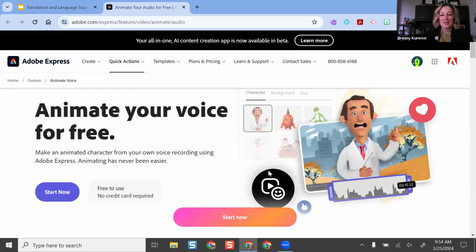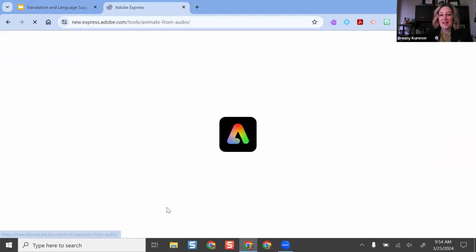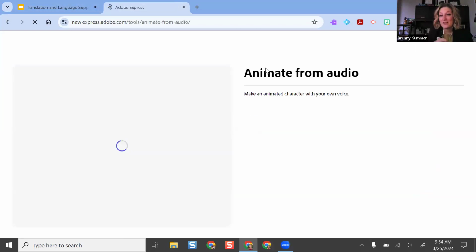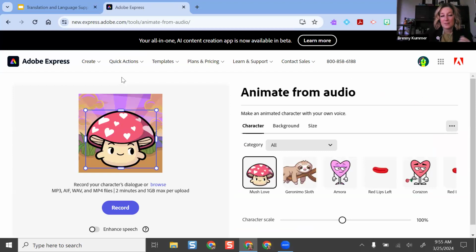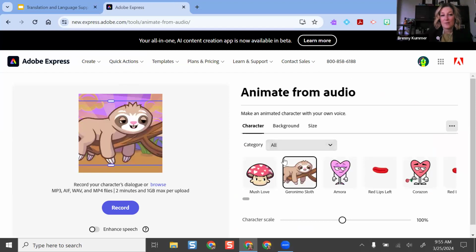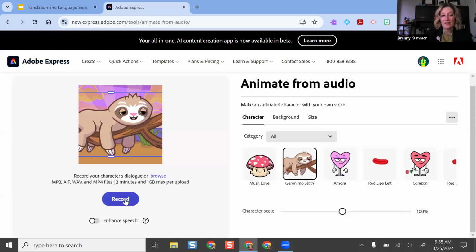So that is Animate Audio. It's totally free. You just click Start Now. You select the character that you want, record your little clip, and then you can download it, save it to your computer, upload it elsewhere, or you can get a link and it just takes them to this recording and this link. So if I want to use the sloth here,